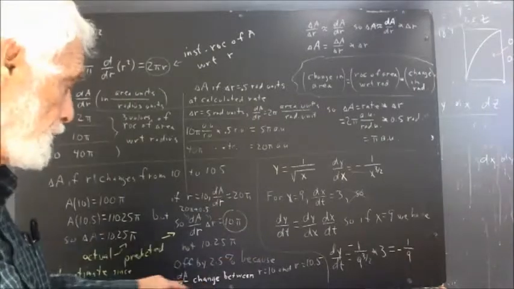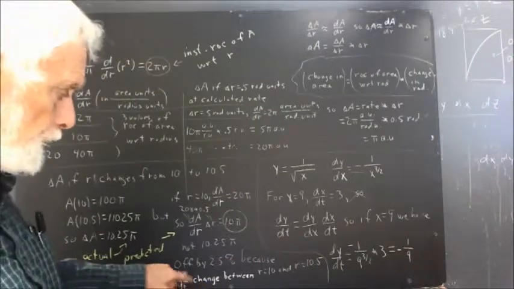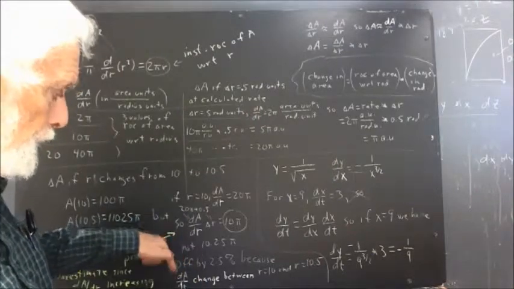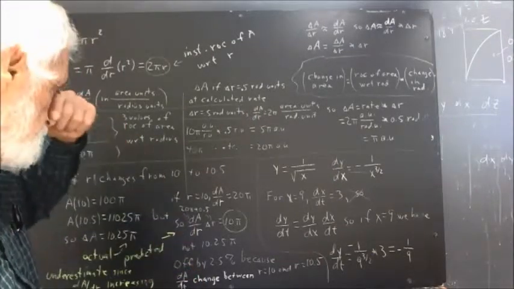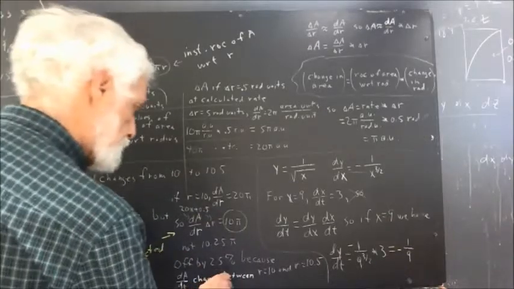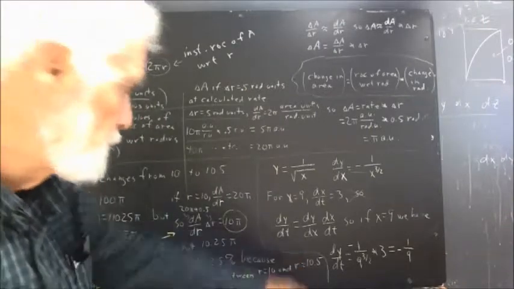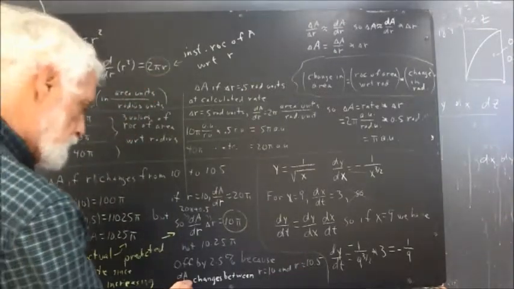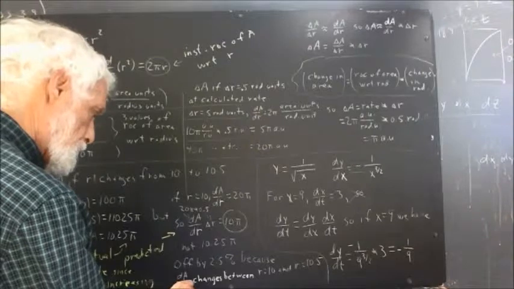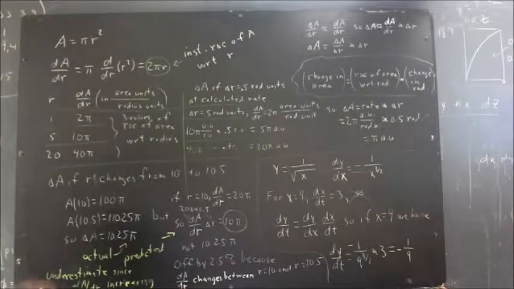And again, that's because the dA/dr changes between R equals 10 and R equals 10.5. Again, it's kind of hard to write an R down here, but maybe I can improve it a little. Okay, so